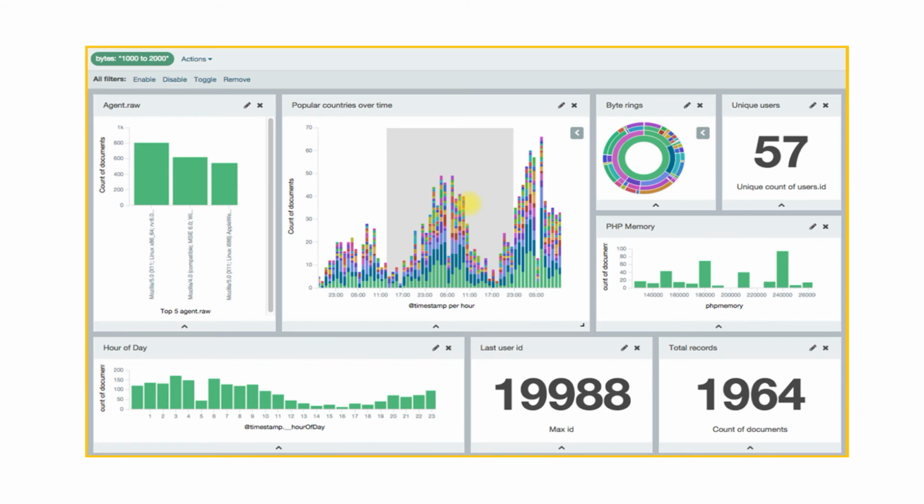And using this dashboard the user can know what the total records of a particular application are, how many unique users there are for that application, and how much PHP memory is consumed. So all this useful data can be shown on the Kibana dashboard, and the source of this information can be log files sent to Elasticsearch, or any kind of files that can be indexed in Elasticsearch.